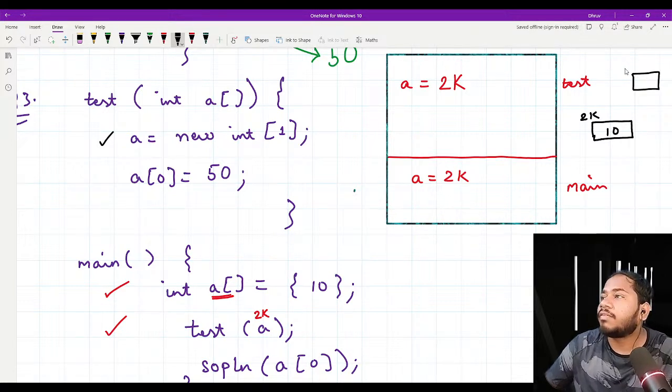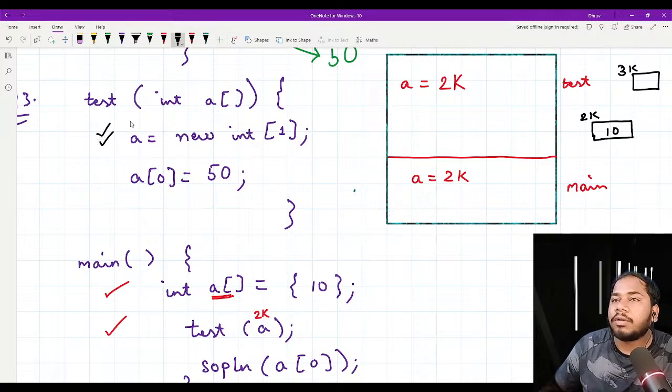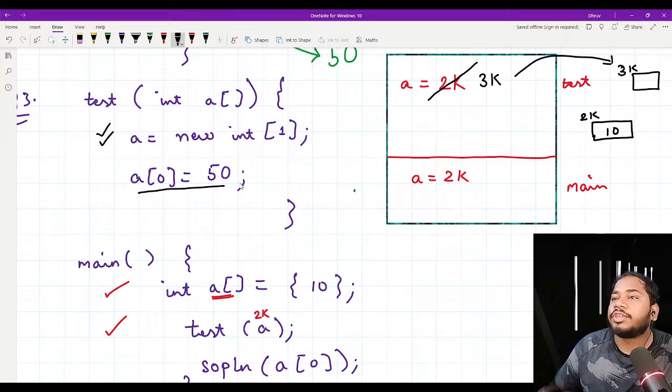Suppose it will be 3k. So the starting memory location will be different. When we have created that, what will happen in this particular line? This value will be changed to 3k. And at this memory location, at a of 0, we will change the value to